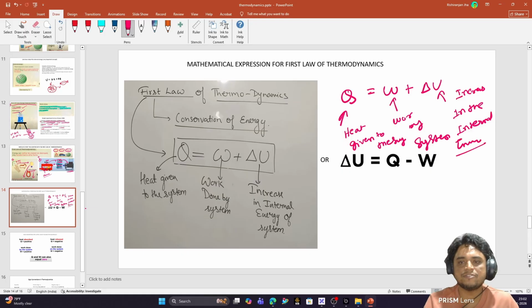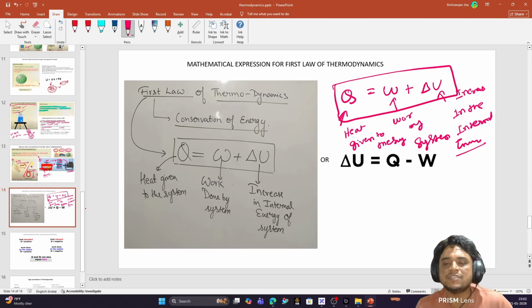What we see from this equation is that whatever heat we supply to the